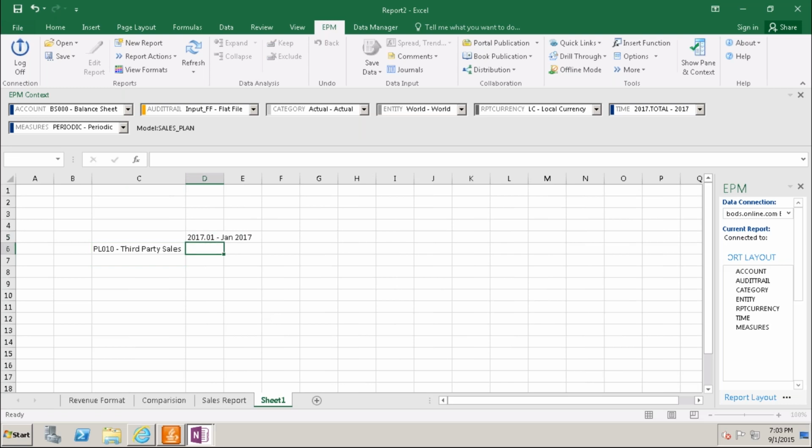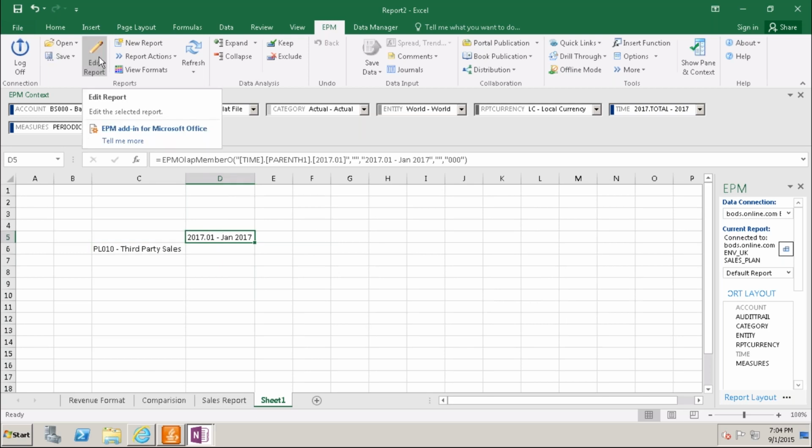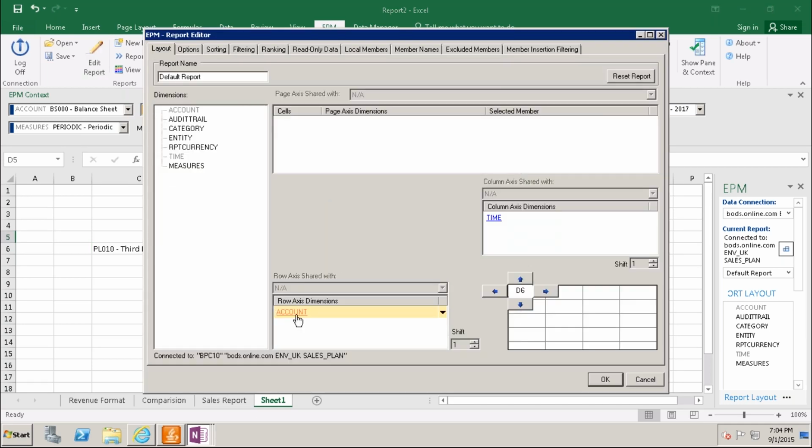It is my time. So now the report, see here, when I gave row and column, the edit report was automatically enabled. And see here, the same thing: account in the row axis, and in the column we have time. So that is the member recognition.